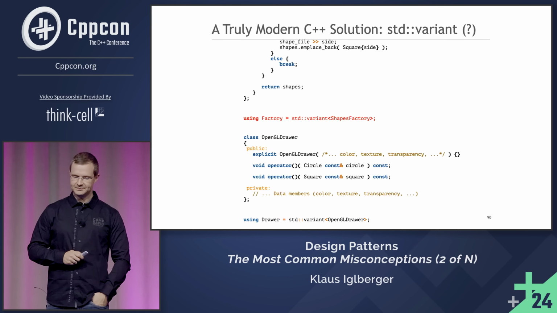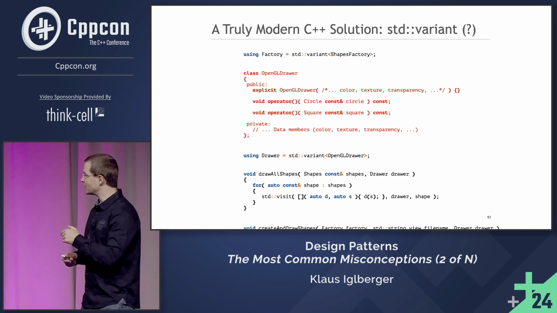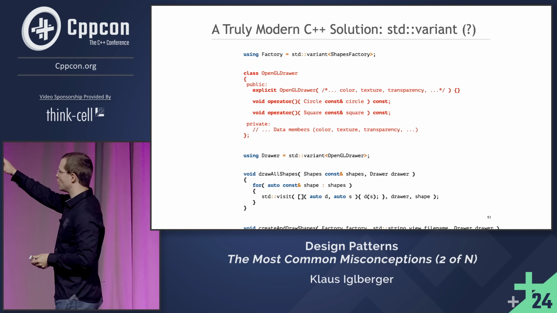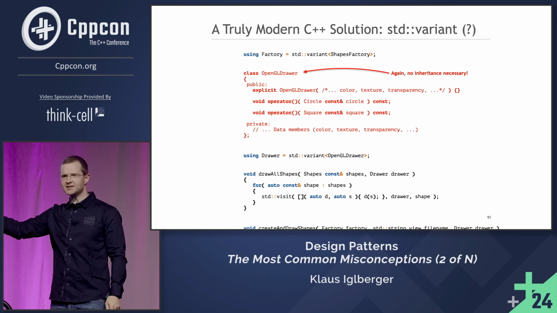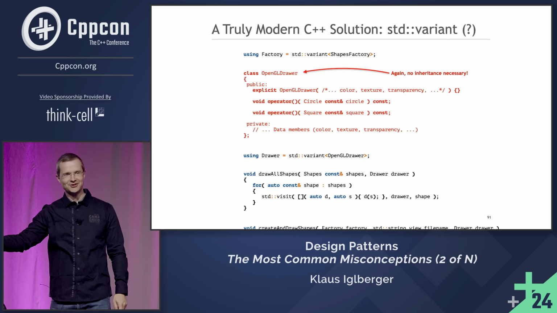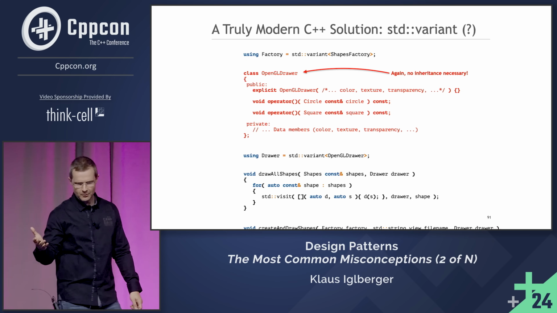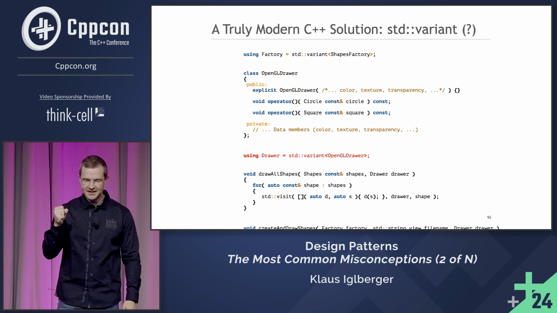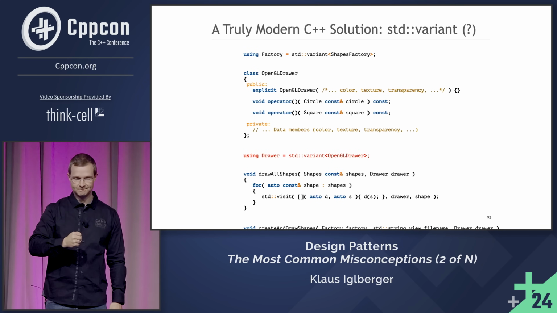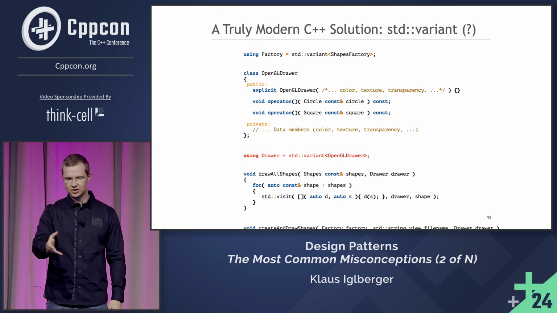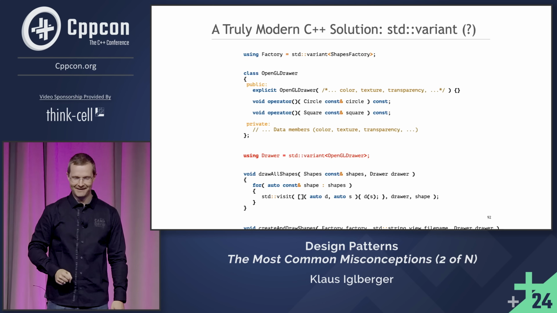Nice. Good. Then, of course, eventually we want to draw. So we have our OpenGL drawer again. It's one of many others. But again, note, there's no base class, no virtual function. And again, a little less code, it's simpler and just more beautiful, right? And here, the third opportunity to do some abstraction, a drawer. A drawer is just an abstraction of different kinds of drawers with OpenGL, 3DX, or whatever.